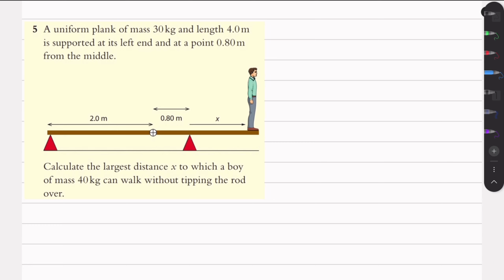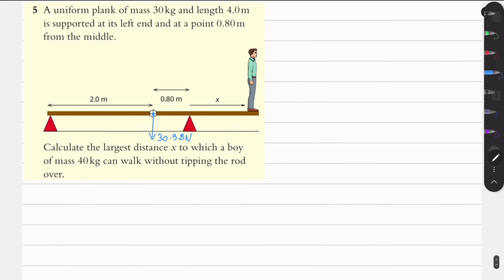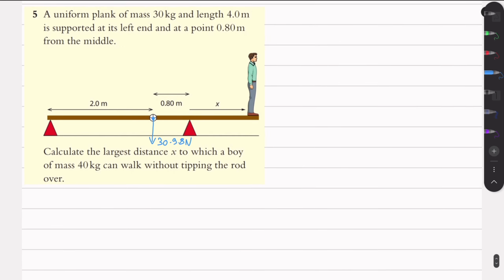So here we have again a support. We again only have two supports like this, so we will only have vertical force components arising in the supports. And we're again told the plank has a mass of 30 kilograms. So it's going to have this 30 times 9.8 Newton force acting downwards through its center of mass. We need to calculate the largest distance x to which a boy of mass 40 kg can walk without tipping